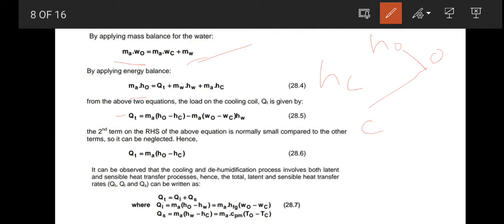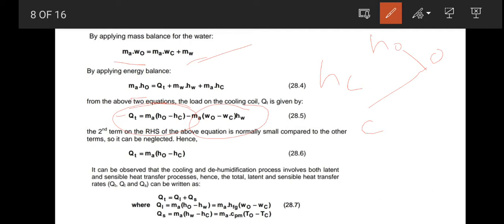Now, minus Ma multiplied by Wo minus Wc multiplied by Hw. The second term on the right hand side of the above equation is normally small compared to the other term, so it can be neglected. Why? Whatever amount of water is released, the energy of that water is a very small consideration, so that's why we neglect it. So the total amount of heat removed is Qt equal to Ma in brackets